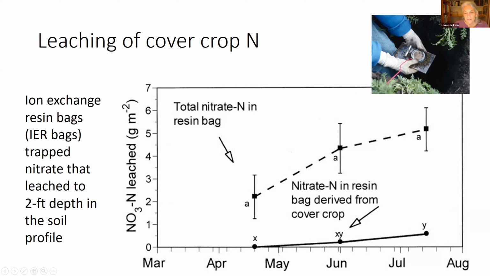And this just shows the fact that the nitrate in the resin bag at the base of the cylinders was quite low in Phacelia and 15N. There was some nitrate leaching that occurred, and that was probably from the soil that had been in the cylinders prior to the onset of the experiment. It hadn't had a cover crop to extract that ammonium and nitrate. Here's a picture of the resin bag that was responsible for this data.